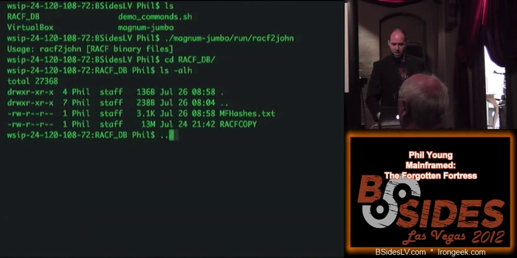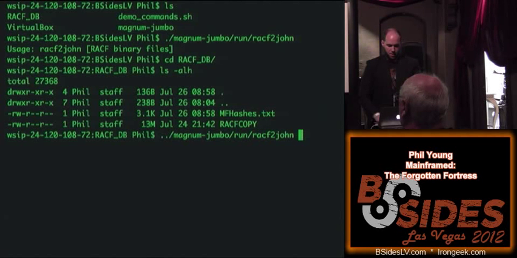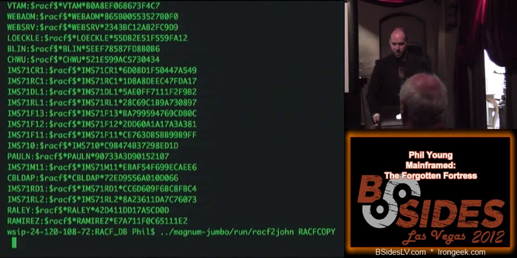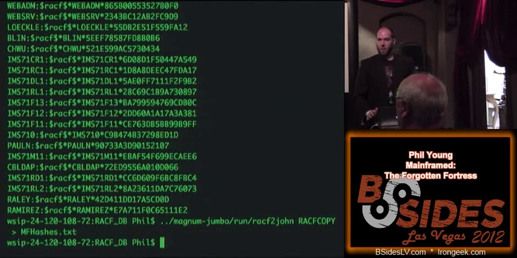I'm going to just extract the hashes. When you run the command, all it does is output it to screen. I just type it out to that file, and then I just run John on that file.